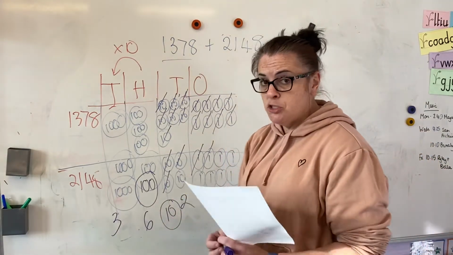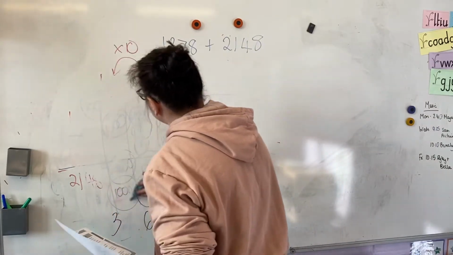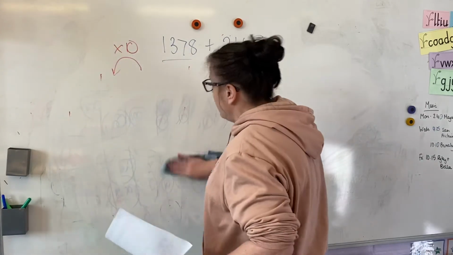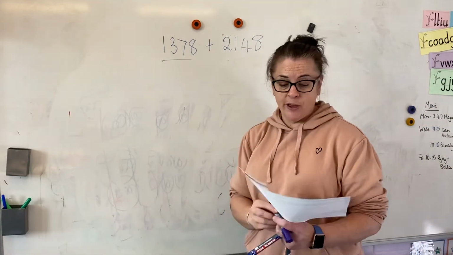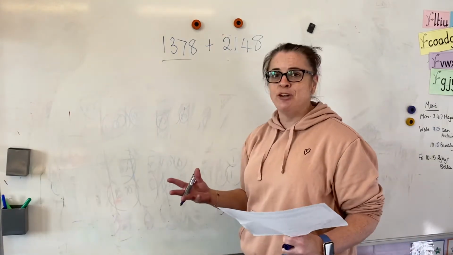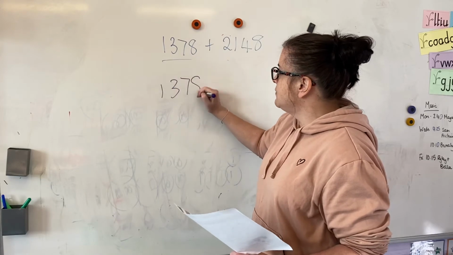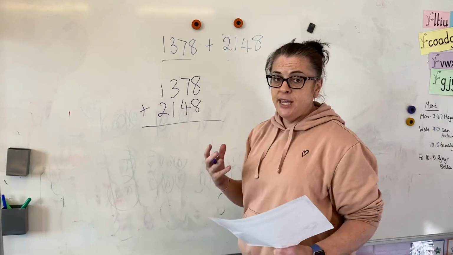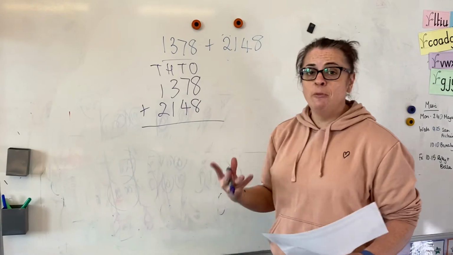Now we start to go on to the abstract. Now the abstract is probably what most parents will look at and say, aha, yes, that's how I did it at school. The abstract is really good if they've got that underpinning place value knowledge. If they haven't got that underpinning place value knowledge, they can find that they can do the abstract, but they don't understand the calculation. So I've got 1,378, add 2,148. Now, I would still, even up to year 6, encourage the children to write this above it,